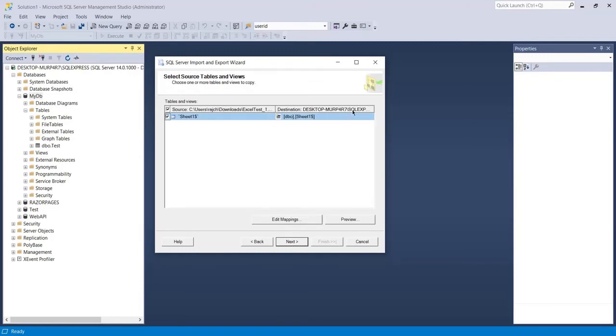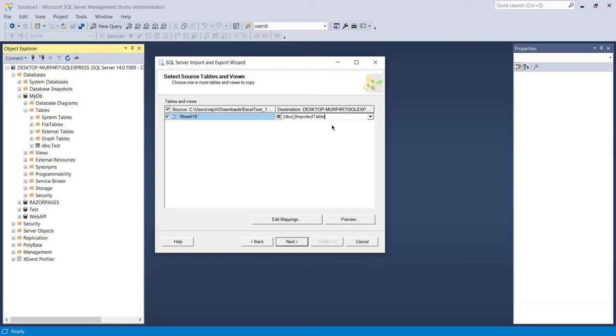Okay, and the destination is going to be the SQL Server Express. Okay, so here I will change the name because I do not want to keep this as the name of my table, so I will modify it as imported table. You can keep any name you want.